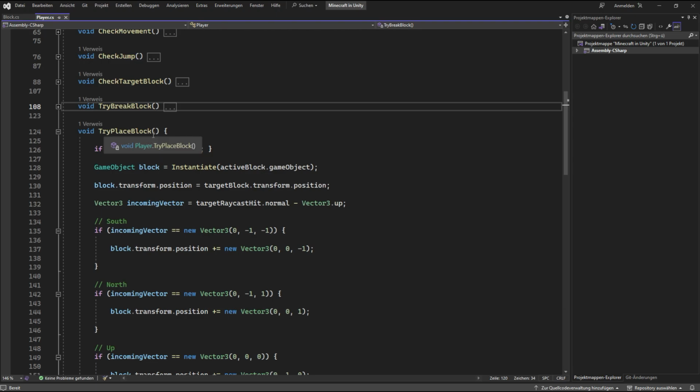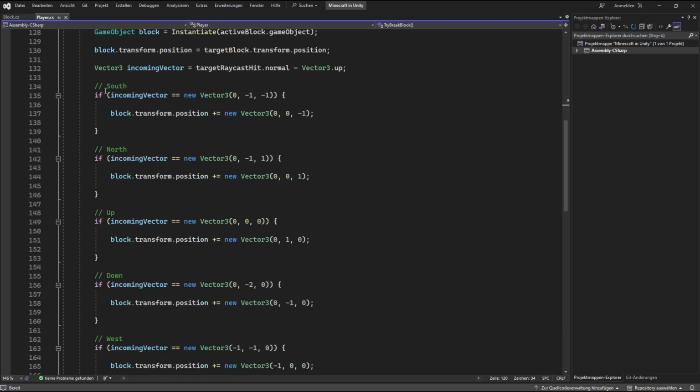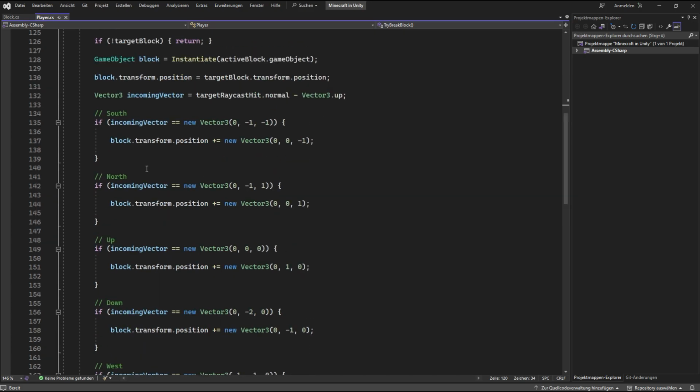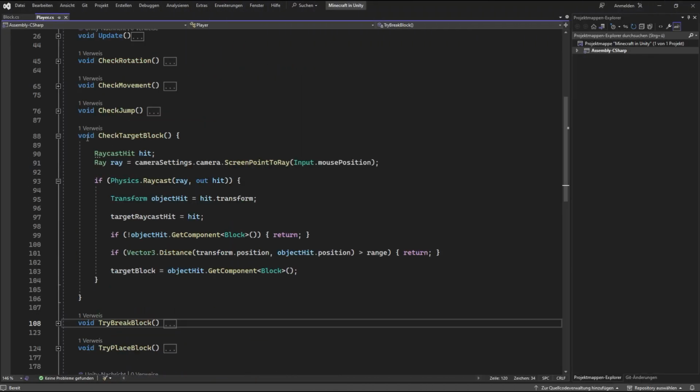And when trying to place a block, we want to instantiate a new block, and depending on the cube's face that we're clicking, we want to position the block at the respective side of the cube. If you want to have some further details on how this one works, please check out this thread from the Unity forum. And by the way, in our check target block function, we're able to detect the block our camera